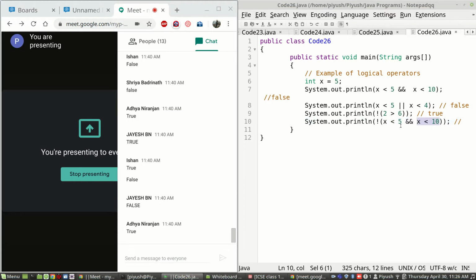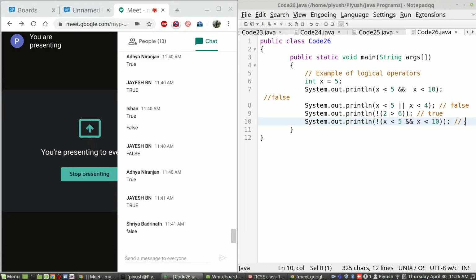All the conditions should be true in order for this entire thing to become true, right? However, one condition is false, so even one false condition will make the entire thing false. So this thing is entirely false. This result will be reversed by the exclamation mark, that is logical not, and this condition overall will become true. Isn't it? Is there a doubt in the last one? Let me know.